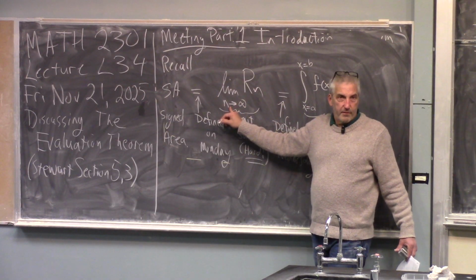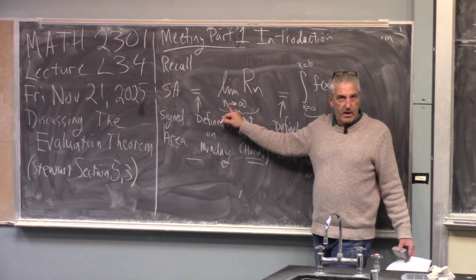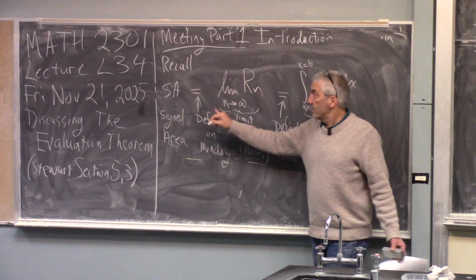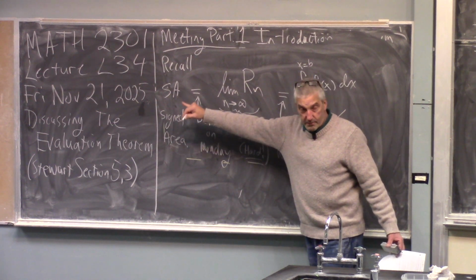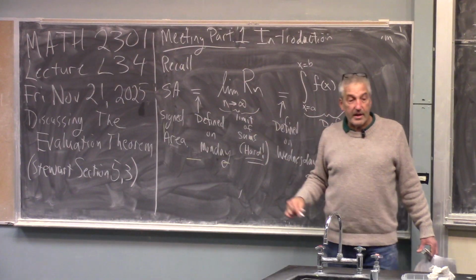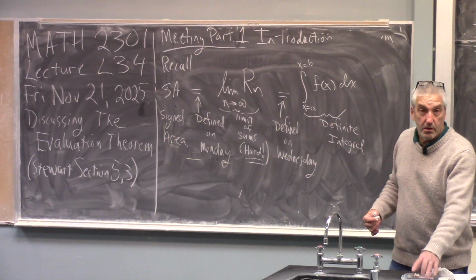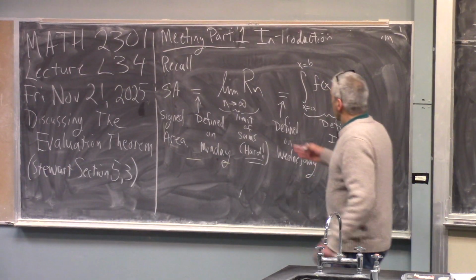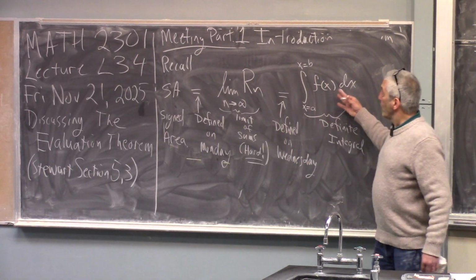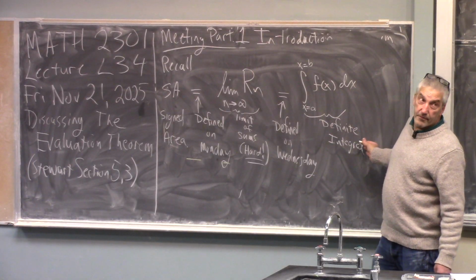We realized, oh, the values get closer and closer to some number. And the idea is, well, we're going to define that number to be the signed area. So signed area is defined to be the value of this limit. So that tells us what it means, and it also tells us how to compute it. You just do this. And then on Wednesday, we defined this symbol, and the term, the definite integral of f